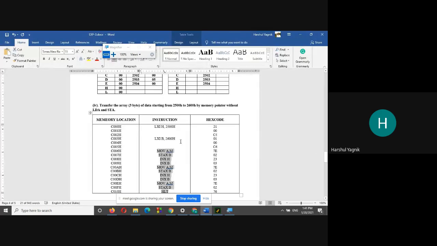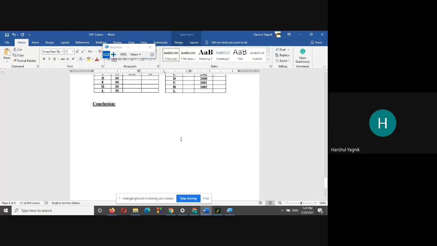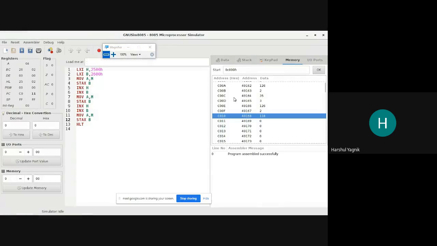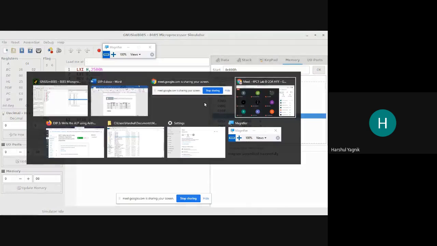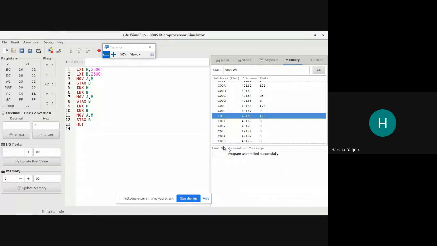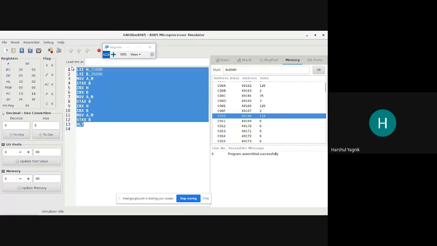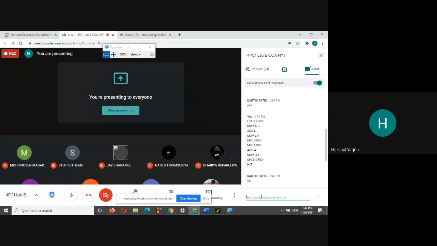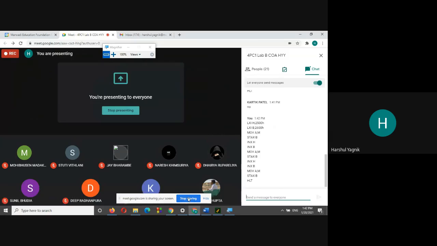Okay, any questions in this? You will have to fill this after-execution table and then finally write the conclusion. Students, any questions? Feel free to ask. Okay, then I will stop sharing. I need to see your results.